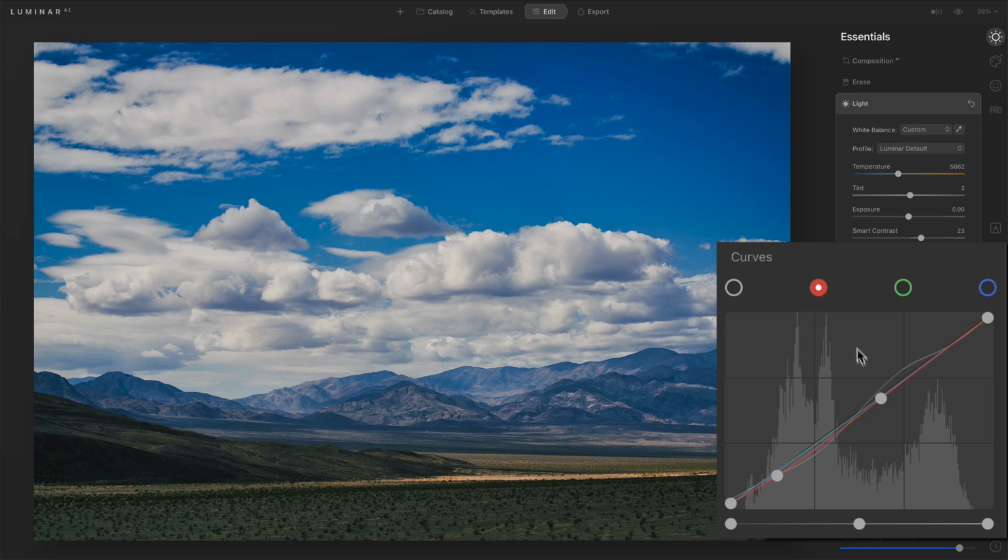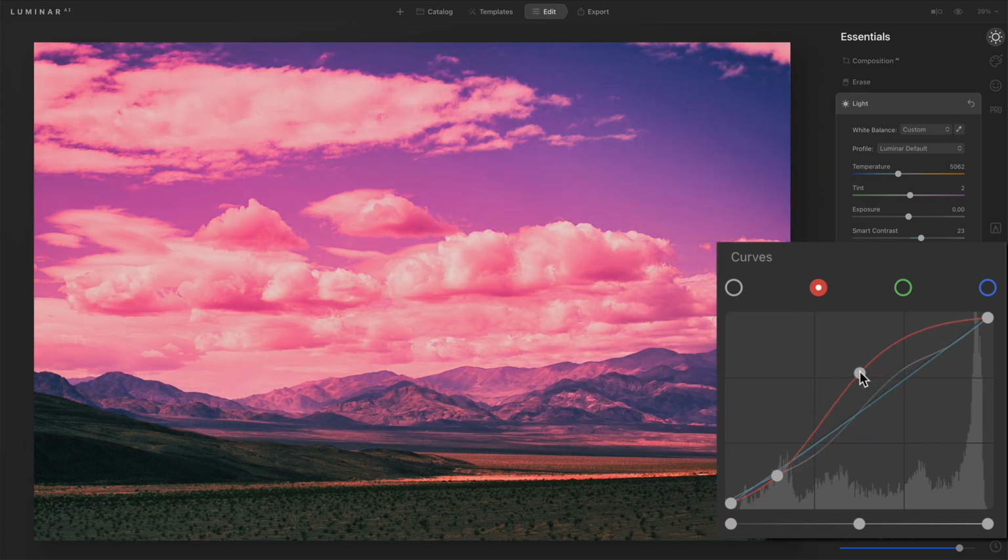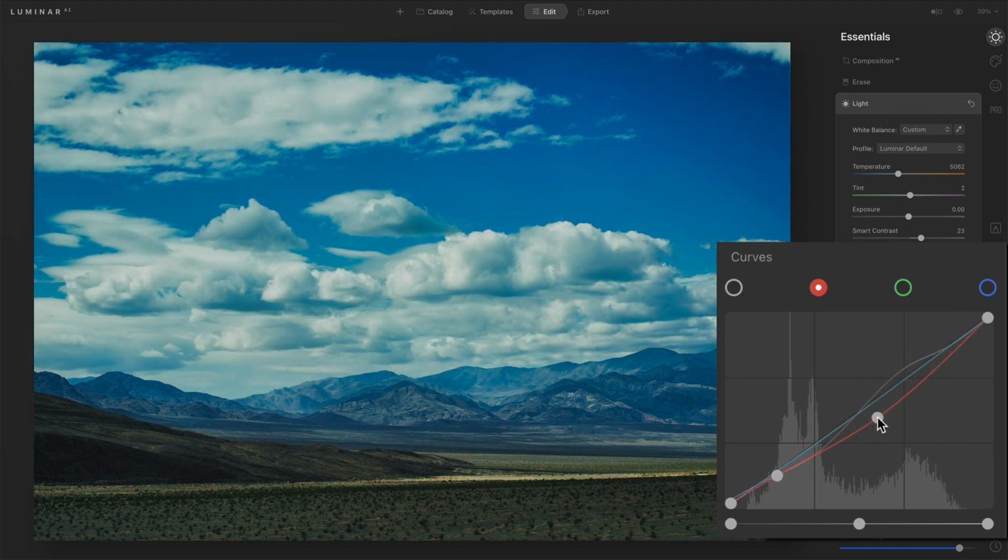Let's pick this red here. And if I nudge this, I'll push it really far. I'm adding a whole bunch of red to this scene, but I'm taking away cyan at the same time. If I pull down this, I am adding cyan. Now, where the brightness parts come in